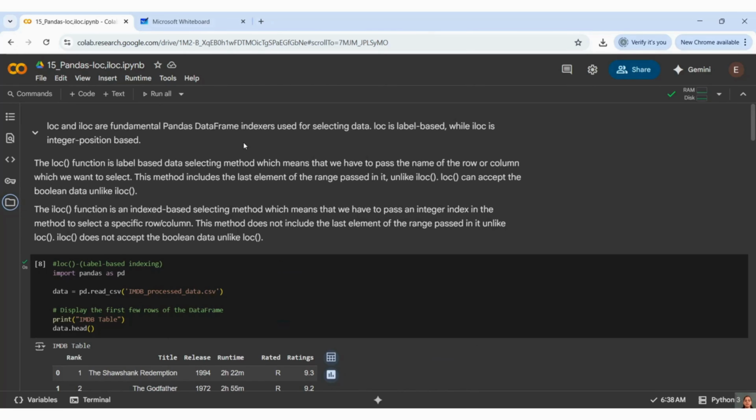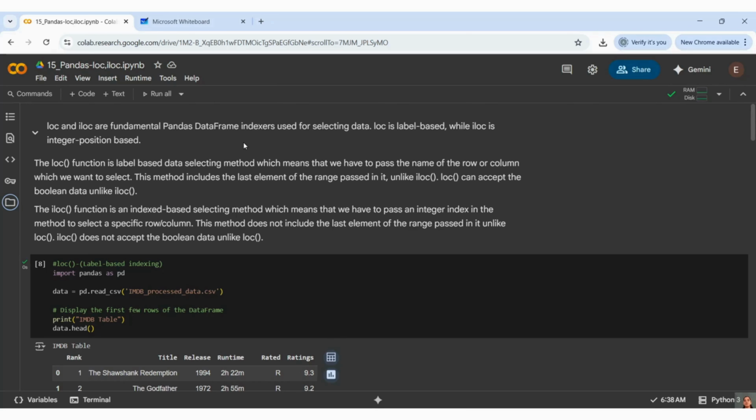Now let us understand the concept first. What are loc and iloc? They are indexers for selecting data. loc is label based, and iloc is integer position based. iloc will take your index, loc will take your label.